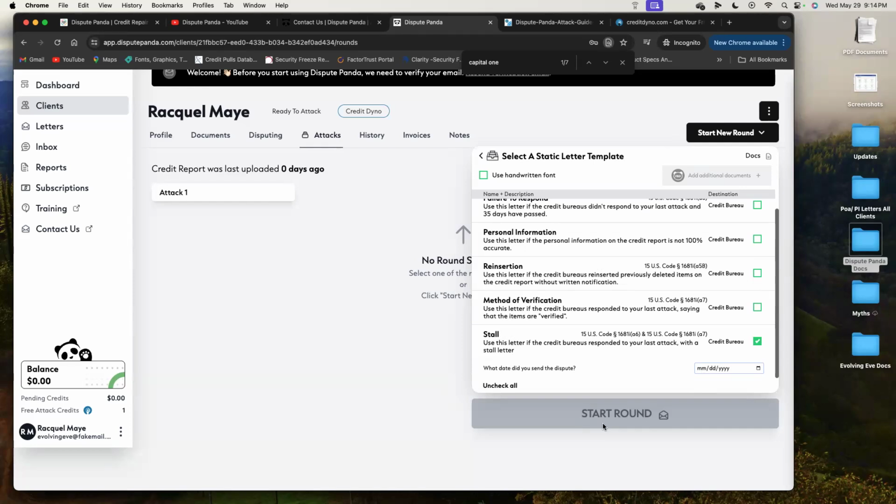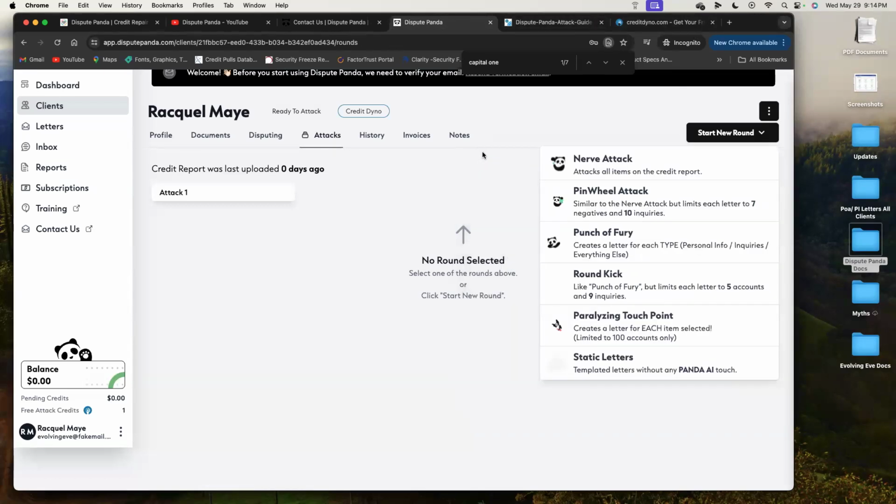That is if you are within a 14-day window. If it's outside of a 14-day window, then you're just going to go on with your next round of dispute. But that's a great question. But if you said that you've disputed before and you have a couple of them under your belt, that's fine. But I also want to caution that sometimes right now Experian is sending out notifications for you to verify certain things. So if you get that email, please let your client know to complete it, that it's not necessarily a stall. But that's how you would answer that question. If you're having a stall issue, that's how you'd be able to do that as well.